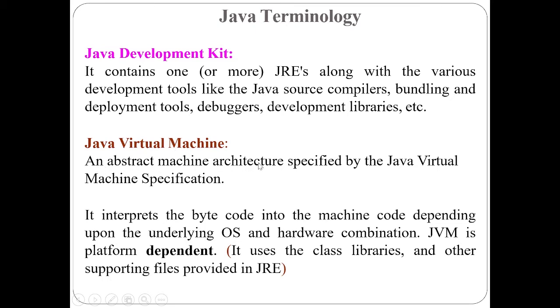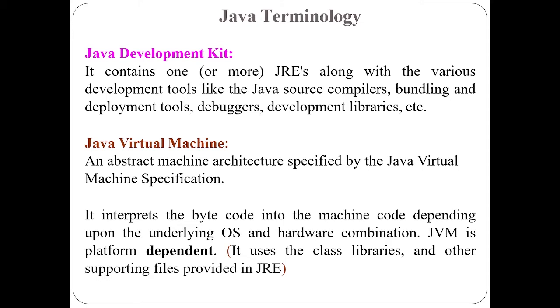Java Virtual Machine, JVM, has lots of roles in Java. An abstract machine architecture is specified by the Java Virtual Machine specification. It interprets the bytecodes into machine code dependent upon the underlying OS and hardware combination. It means that we have already told that Java is platform independent,